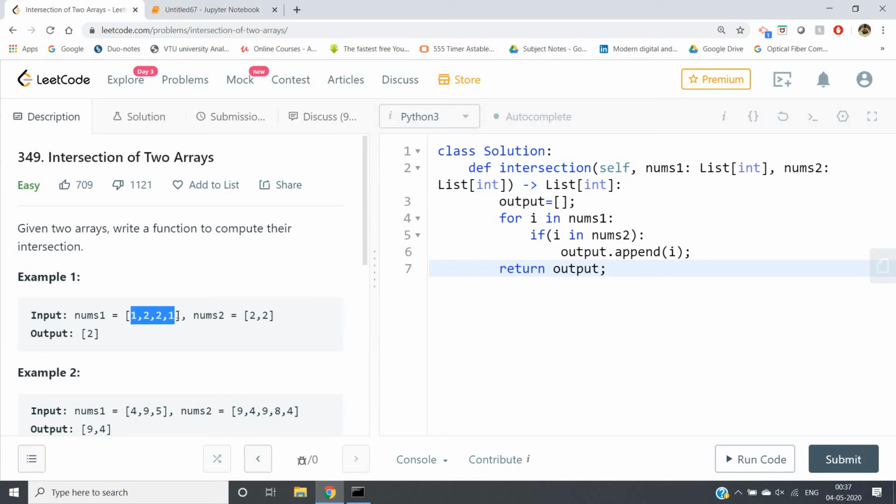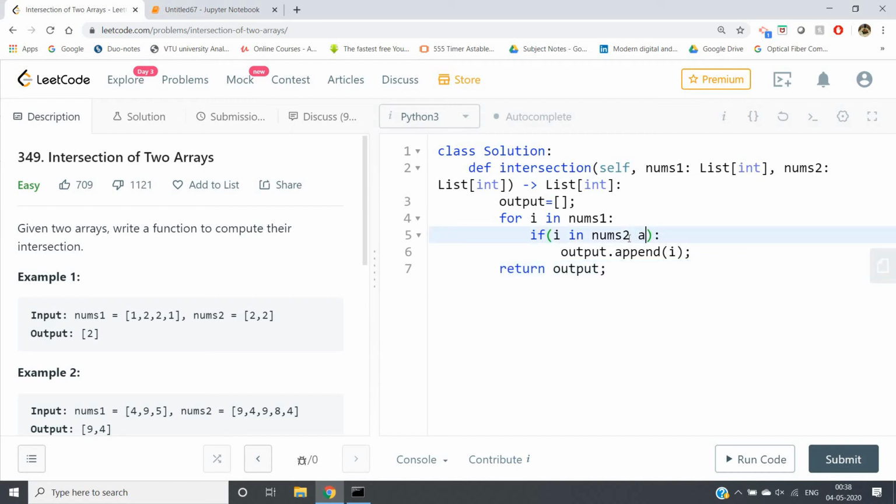When traversing the first list, 1 is not common, so go to the second element, 2 is common. 2 is present in nums2 also, so in the output 2 will be appended. Initially output is empty, so 2 will be appended. Now when it comes to this second 2, it is also present in nums2, so again it will be appended to the output list, but we need to return only distinct values.